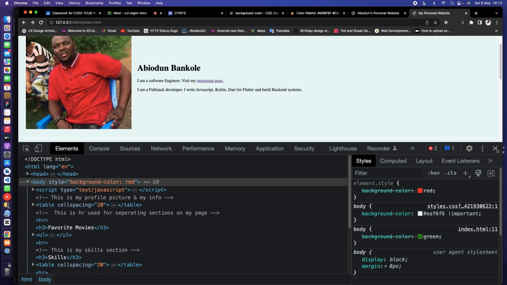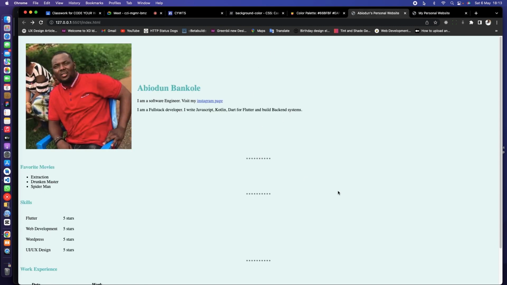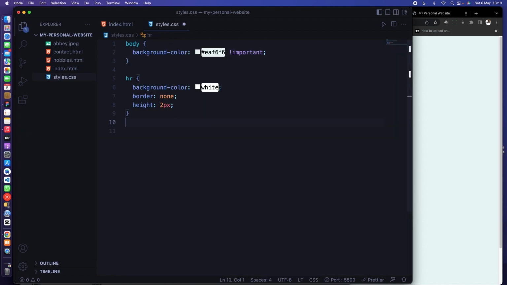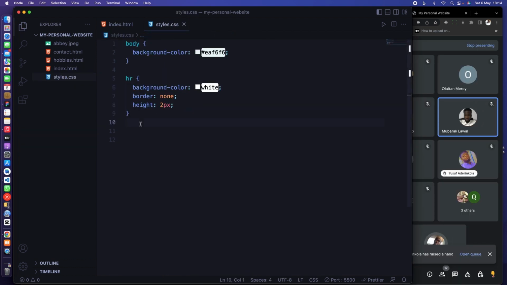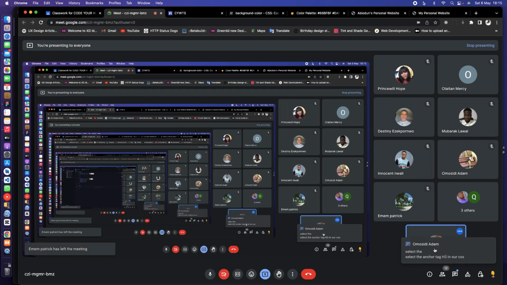The next thing I want to do now is to change the color of this H1, H3 and all. This is what we are trying to do. So you want to change the color of this H1 and H3. This one is H3 and this one is H1. Like I said, in your CSS, anything you want to change the color of, you have to select it from your HTML. So we are going to select the H1 and say H1 like this, and then we open it like that, and inside it,